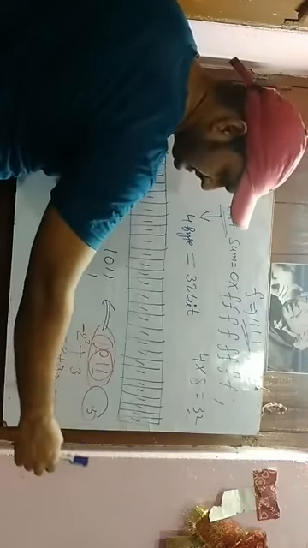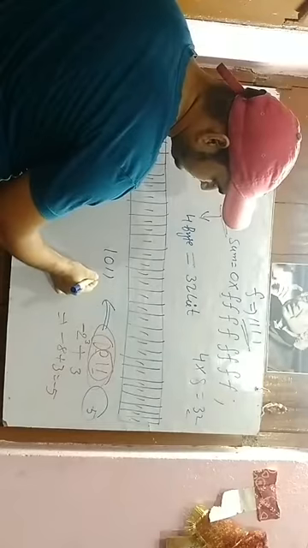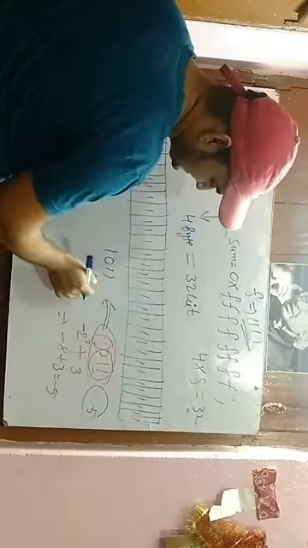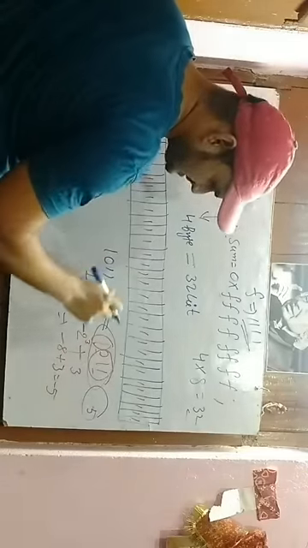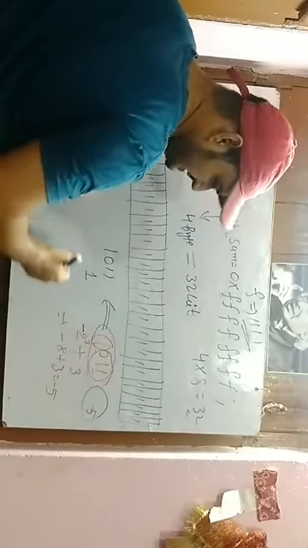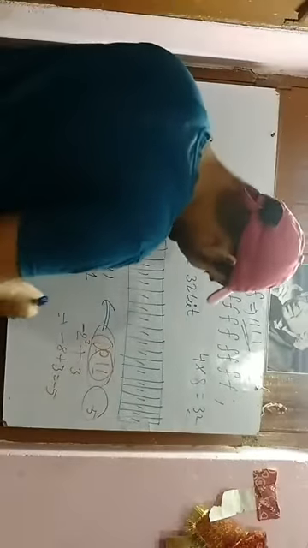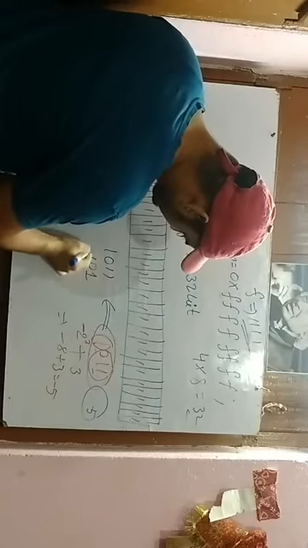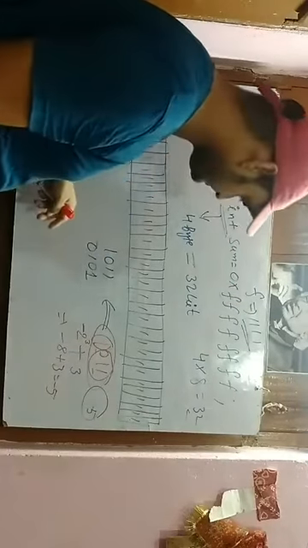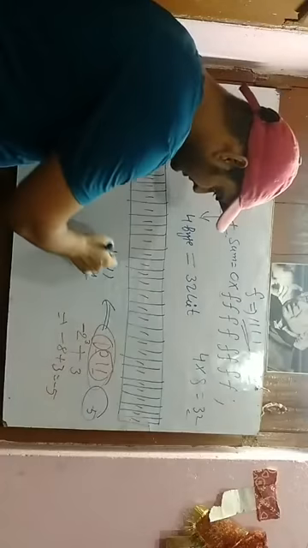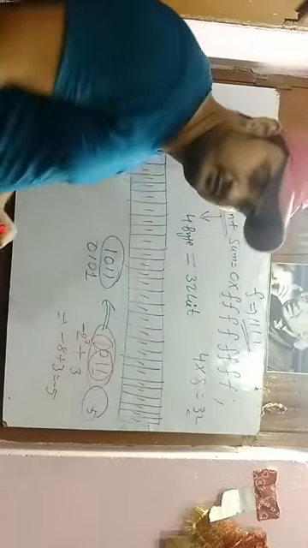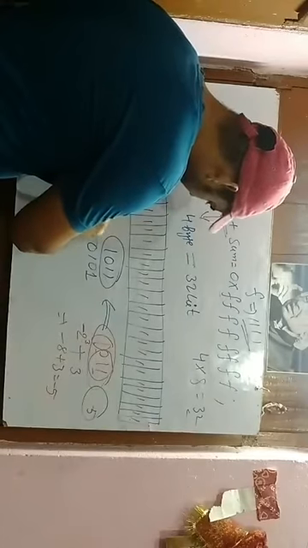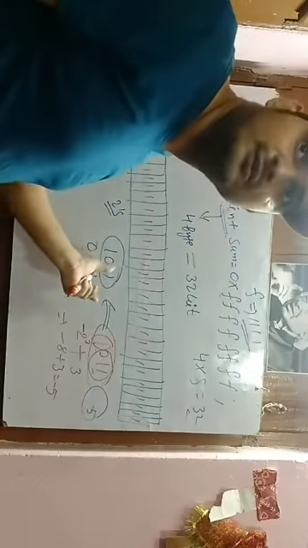From the right you have to come, and when you get the first 1, till that position you have to take the same number, and after that just complement the rest of the bits on the left side. So what I was telling you: this is the number and it is written in 2's complement form, and you want to know what the value of this number is.